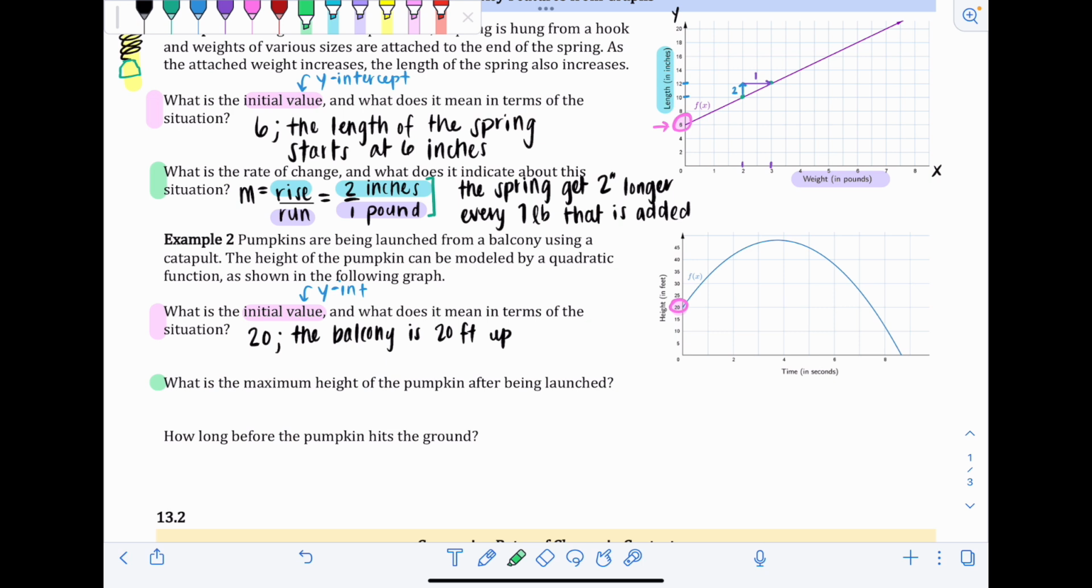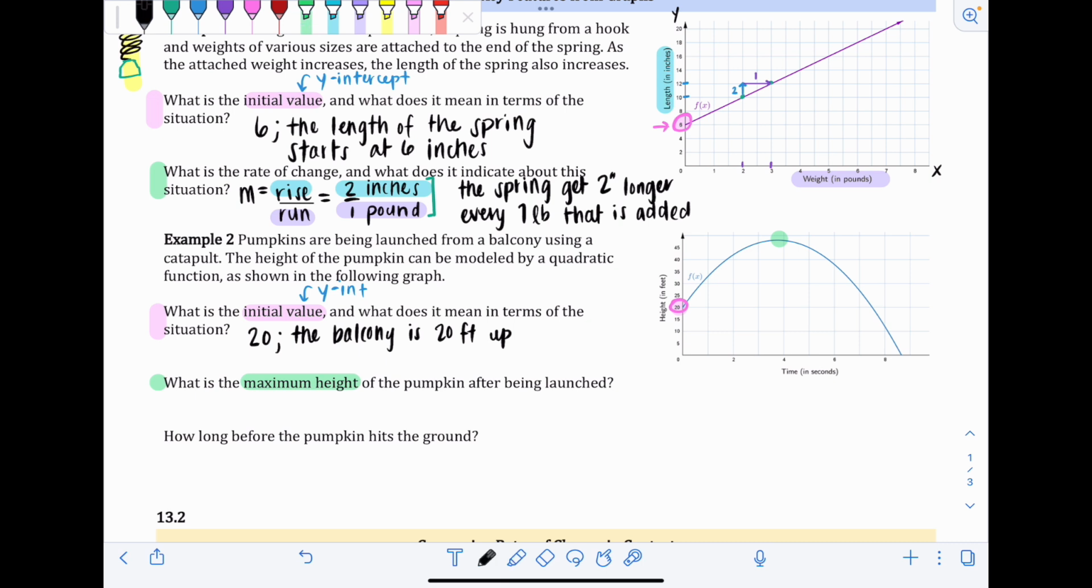And so really the height of the graph is showing us how high the pumpkin is at any given moment. So if we want to find the maximum height of the pumpkin overall, we have to find the highest point on the graph, which it looks like is about right there. For ours, we might have to estimate it because the